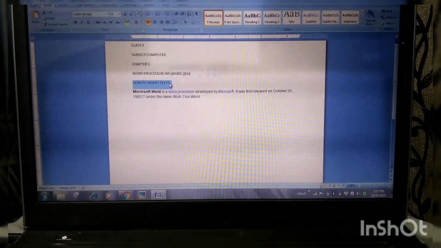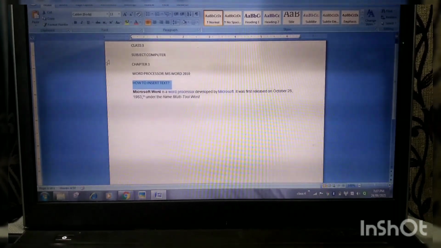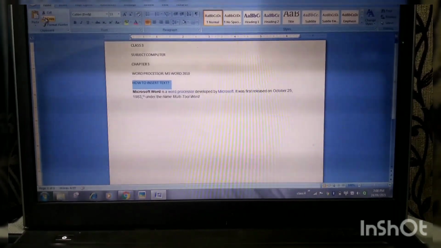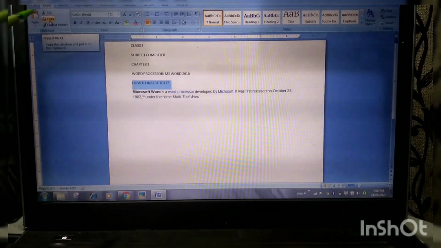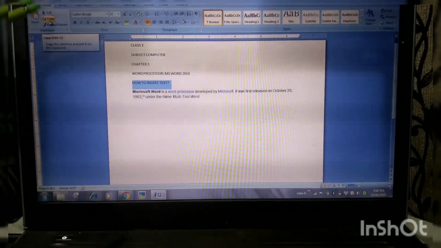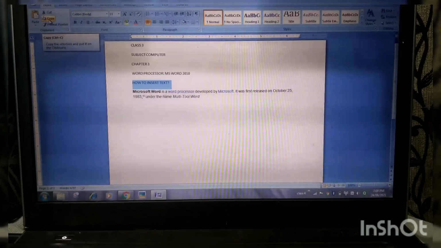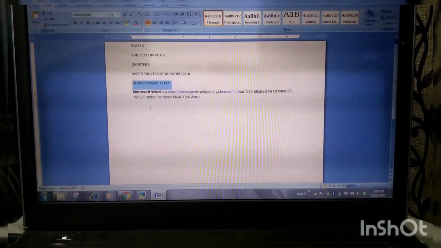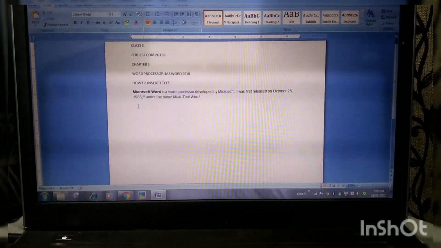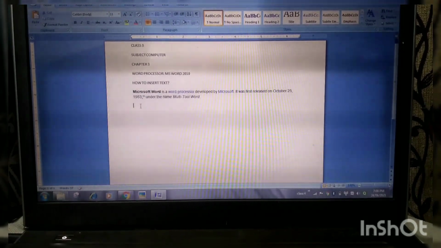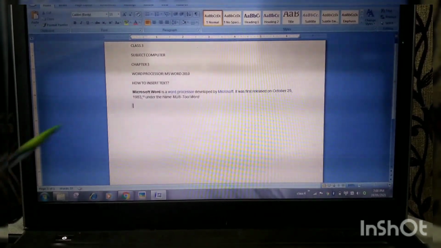Okay, I have selected this text. Then to copy, in this place, this is the copy option. Click on it. Now suppose I want to paste this text here where I am moving my cursor.